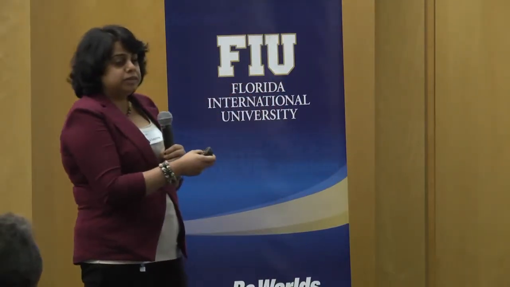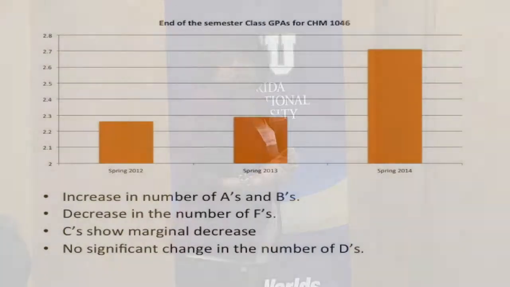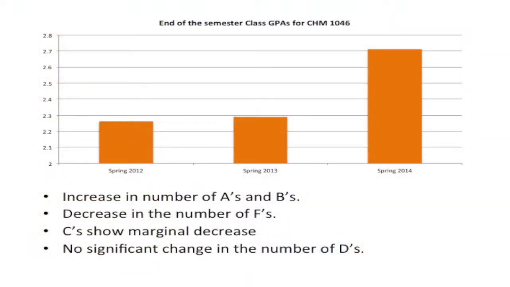So this just shows you an increase in A's and B's, with C's, D's, F's down, and the number of drops was virtually unchanged, which really surprised me, because the minute they heard flipped class, a lot of people just bolted for the door to try and see if they could get into some other section. And this is the end of the semester GPA. Usually it's around 2.2, 2.3,